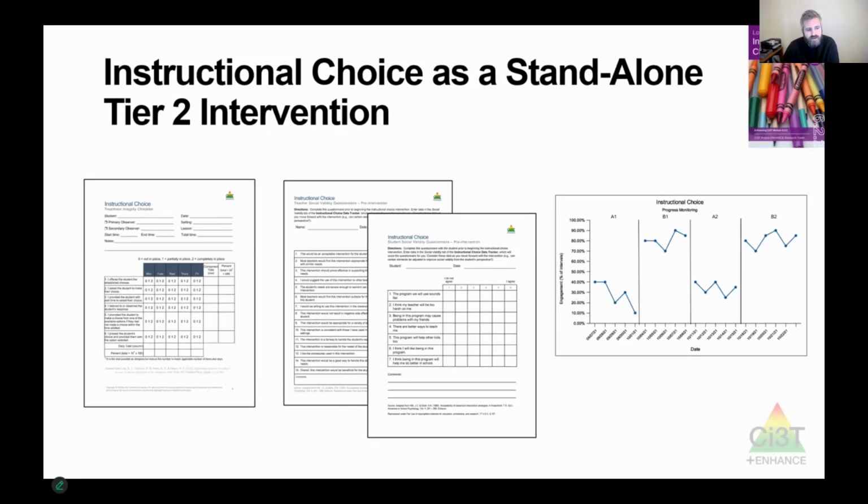So if you're into that, definitely take a look at those forms. We've also got some social validity data collection sheets that you can use to ask students questions about what they think about choice. I'm going to talk more about where that falls into this step-by-step process for implementing instructional choice. But basically, it just gives you a structured way to have a conversation with students to be like, hey, does this seem like a good idea to help you finish your work more often or to feel more motivated at school, whatever that might be? And then we also have a place that you could graph some potential data. So again, whatever behavior you're hoping to increase or decrease, we've got some tools that make it really easy for you to chart your progress over time.